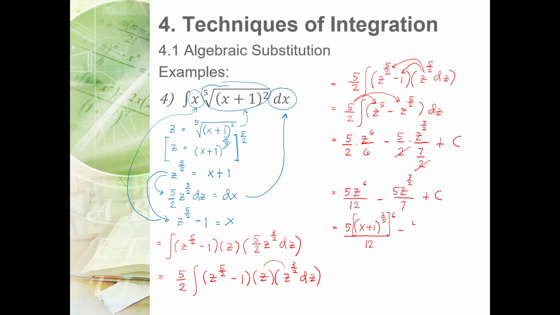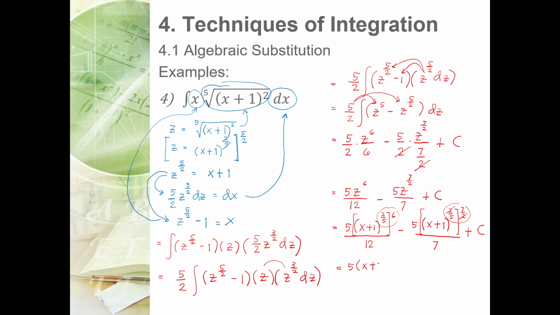Then minus 5. So again, exponential form. x plus 1 raised to 2/5. Then apply the power, which is 7/2 all over 7 plus C. So notice that the first term becomes 12 over 5. This one becomes 7 over 5 because we can cancel out 2. So the final answer is 5